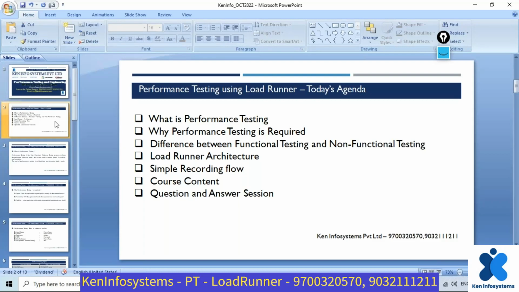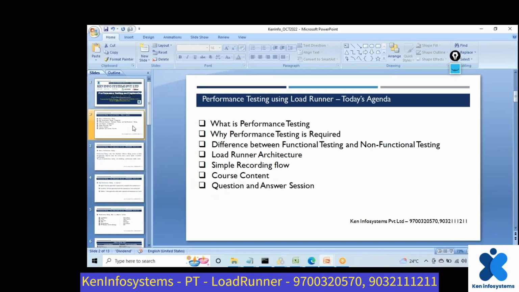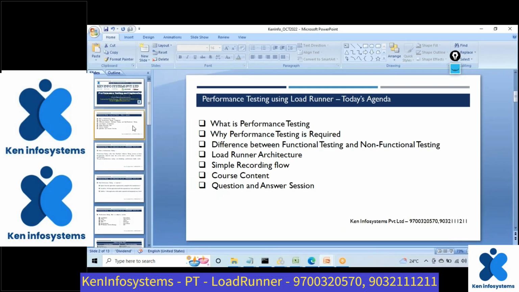What is meant by performance testing, and why we require performance testing in real-time situations for any kind of application, and what different types of testing are available; that also we will try to see. The tool we are going to learn is the LoadRunner tool, and its architecture also we will try to discuss. I will show you the architecture, what components are included in the tool,